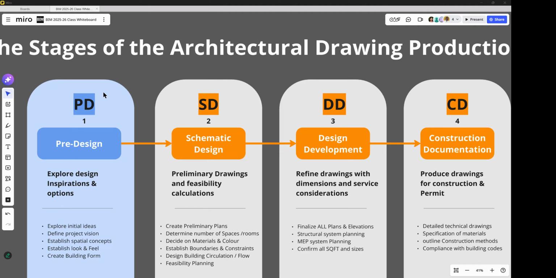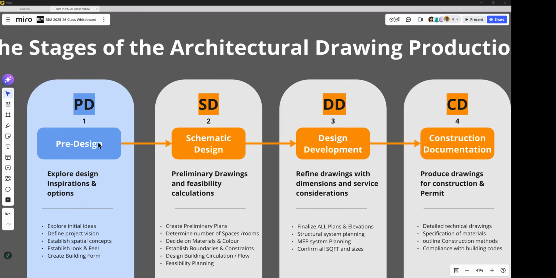So everything starts in what we call the pre-design, preliminary design. Some people call it conceptual design, right? So remember, architectural firms exist all over the world, so people have different names for different things, but generally, these are usually the phases.